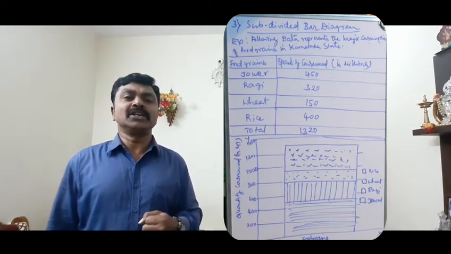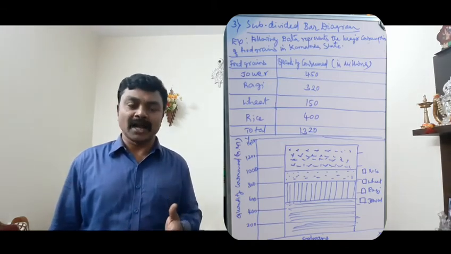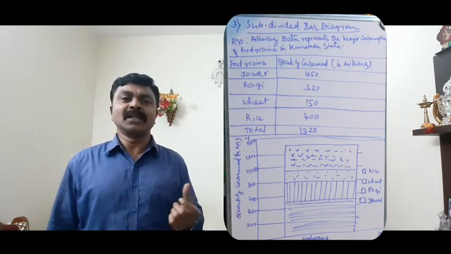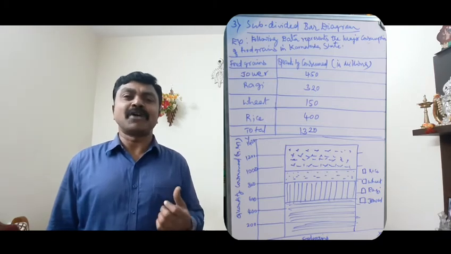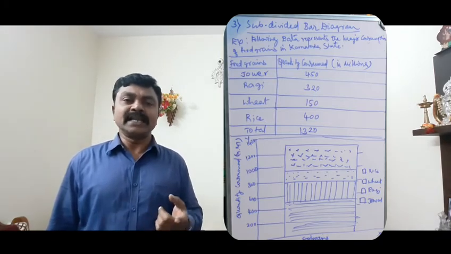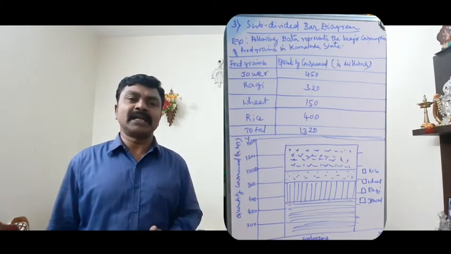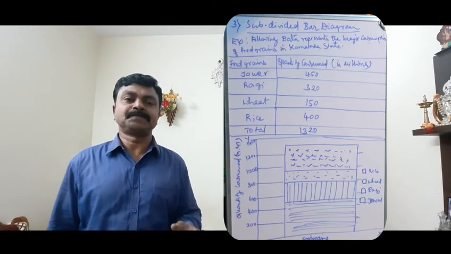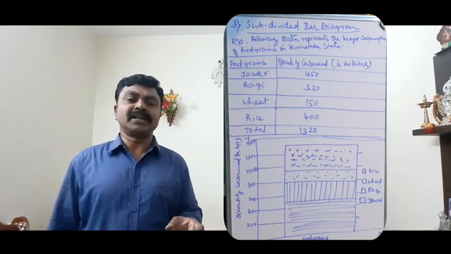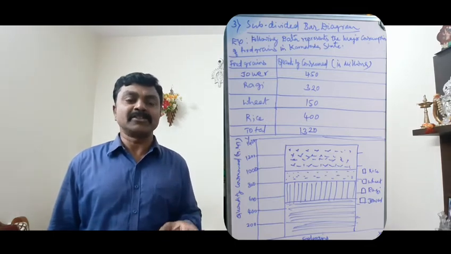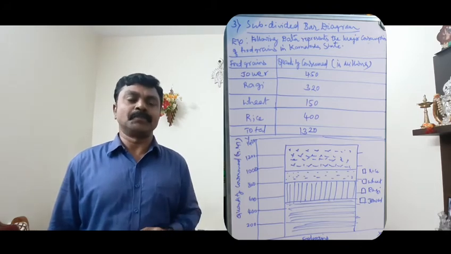That we can't understand in tables. Whenever we show allocations in graphs, only then can we understand very easily. That would represent the data in an easy form. In each method we can understand. One is simple bar diagrams, where we use simple bars, and different items of one variable can be shown in bar diagrams.